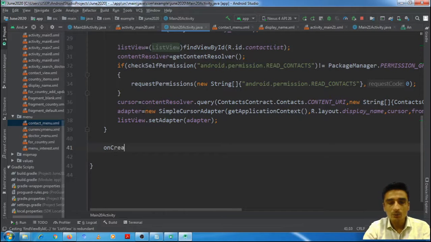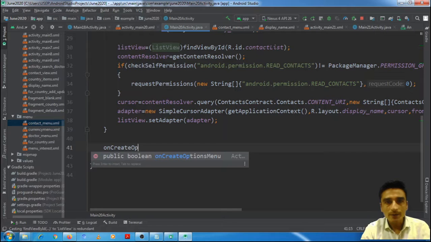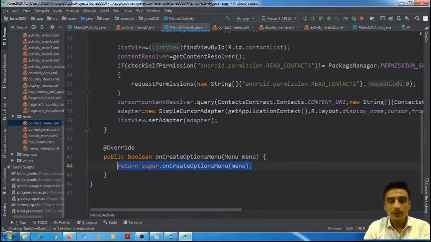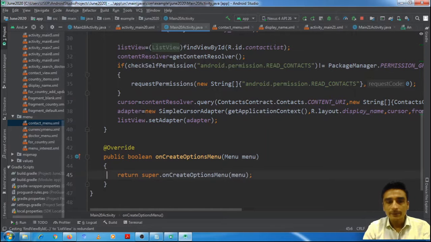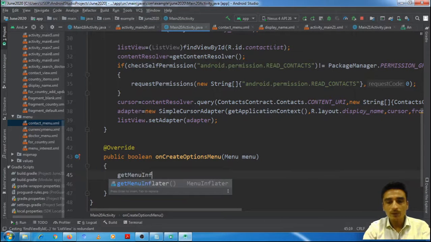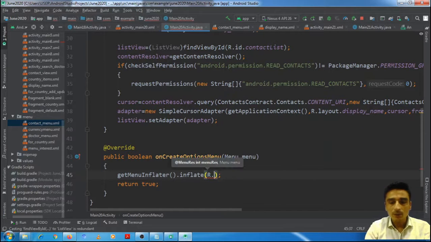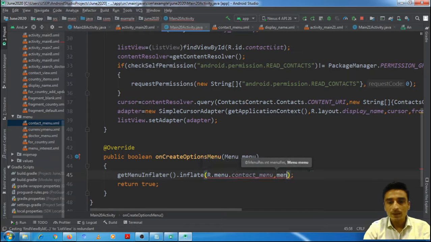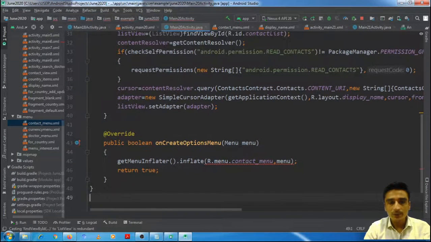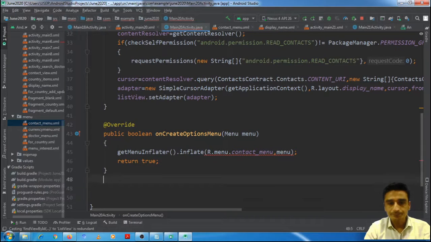On create options menu needs to be overridden, and inside this method we will return true. Before that we should use get menu inflater to retrieve the menu inflater, dot inflate, using it the menu that we have defined, add contact menu, and the second argument is the parent menu, that is menu itself.